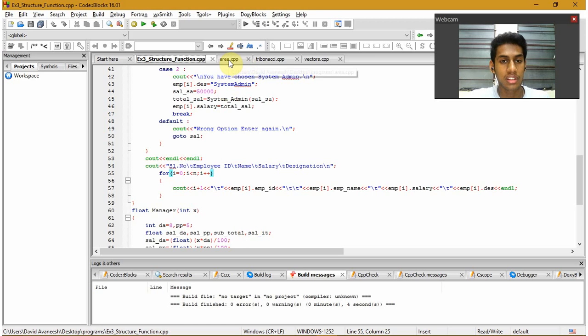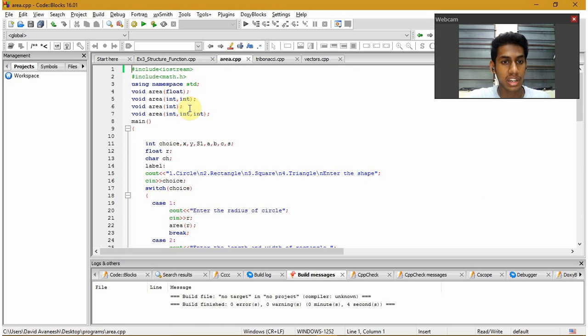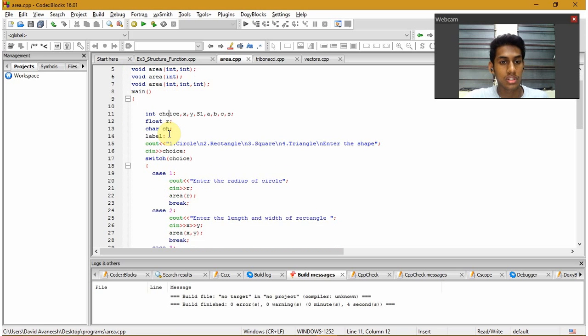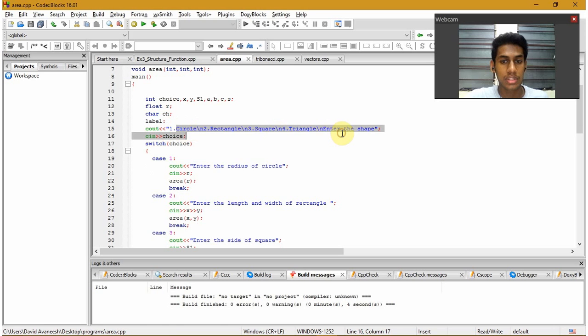And now we have another program which determines the area of circle, rectangle, square and a triangle. But for this we have used function overloading. How this works is we give the same function name but with different arguments passed into it, each not having the same type of argument the same number of times, where that would cause an error. So what we have here now is we have given the user a choice of one of the shapes, and according